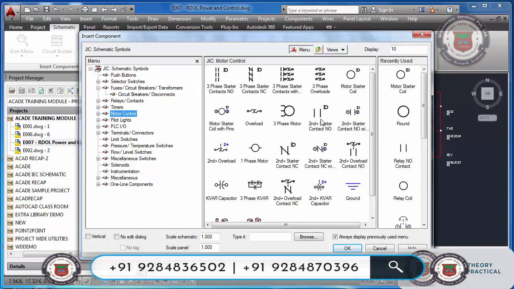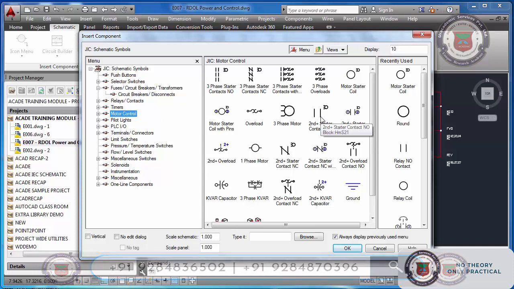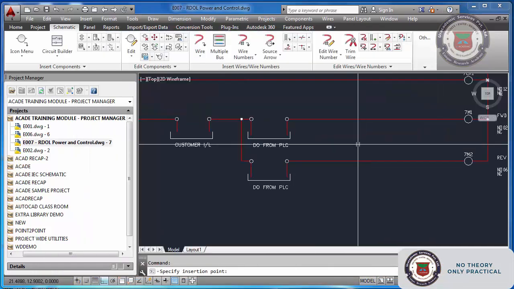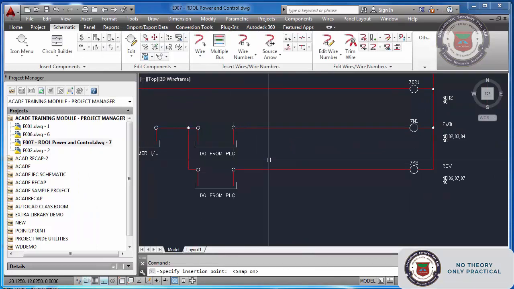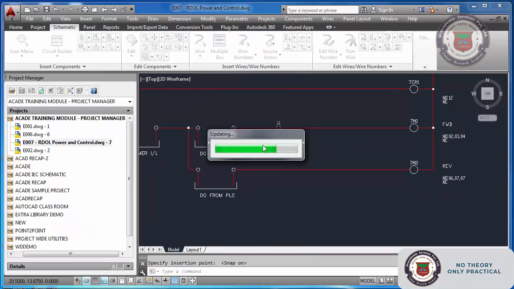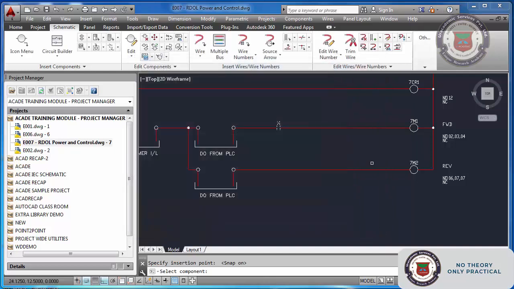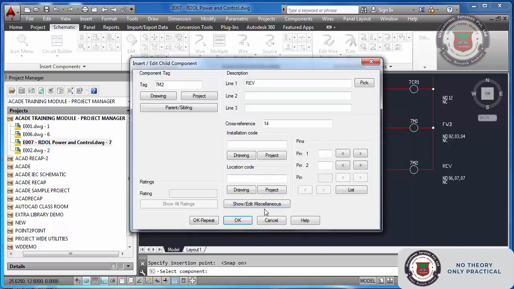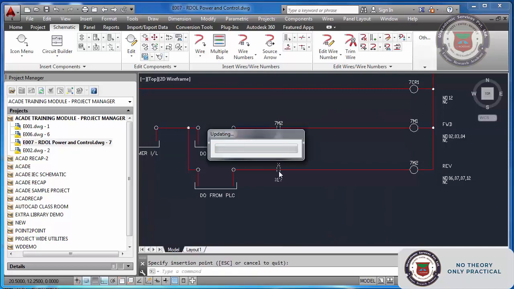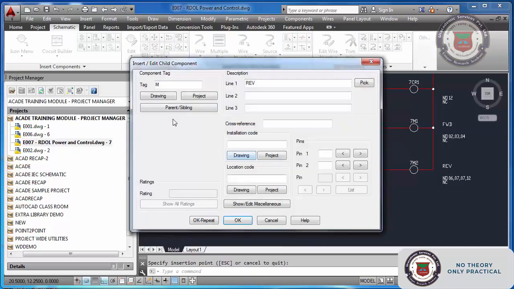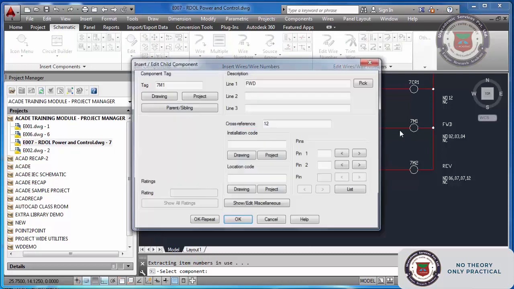Here second I will put an auxiliary contact. Parent I will choose this one. Okay, repeat. I want to put one here too. That is of parent, this thing.